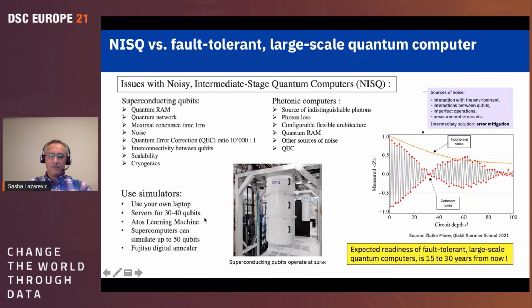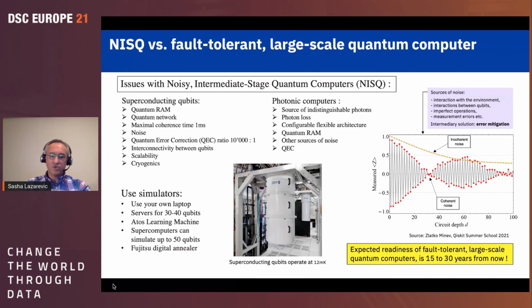Then if you want more, you can create some kind of corporate server. There is also this company Atos. They are selling this learning machine, the Atos learning machine. This is a specialized device that comes with their own programming framework. It's tuned for the best performance. So if you want to simulate 50 qubits, well, that's because superposition can keep much more states than normal memory. So you will need much more memory there.